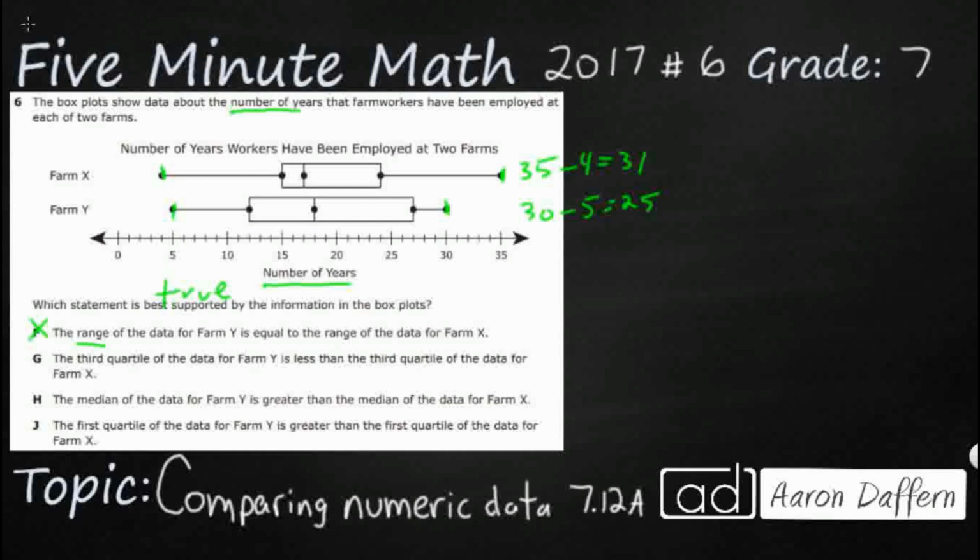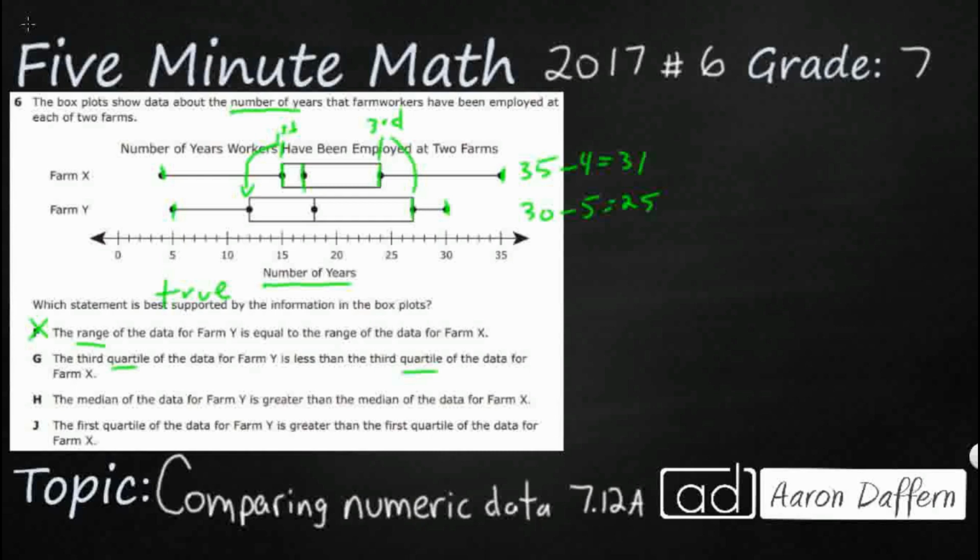The third quartile of data for farm Y is less than the third quartile. All right, so now we're going to get into these quartiles right here. So the quartile means we are basically breaking up our data into chunks, right? And so we've got right here is our first quartile. It's going to be this first little line, so that's it right there for farm X, but it's right here for farm Y. The second quartile is actually the median, and that's going to be this middle one. And then our third quartile, which is what we're looking for in G, is going to be this outside line. So that's the top